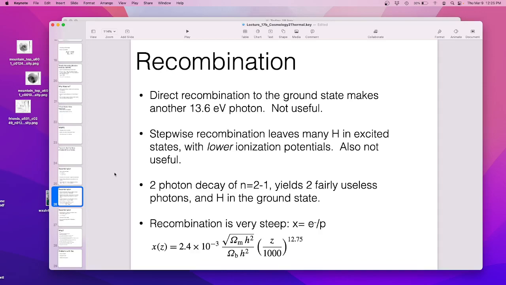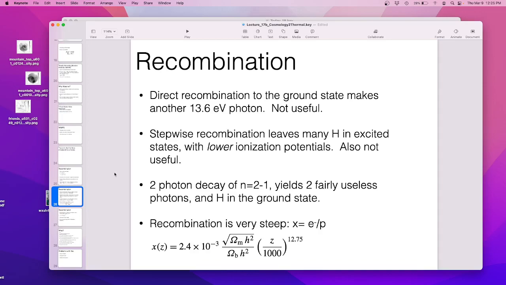the first place. We call this process recombination because that's how we understand the physics, by taking an electron off and watching it recombine with the proton. So that's how we learn how the physics works. We still call it recombination because it's the same physics, even though it's never happened before. If I take a proton and a free electron, not associated with my proton, and it gets bound, it gives off a 13.6 eV photon, right? What's that 13.6 eV photon going to do? I got a hydrogen over here. It's going to totally ionize that hydrogen. Not just excite it, it's going to rip the electron off.